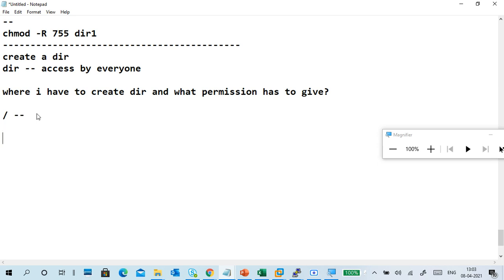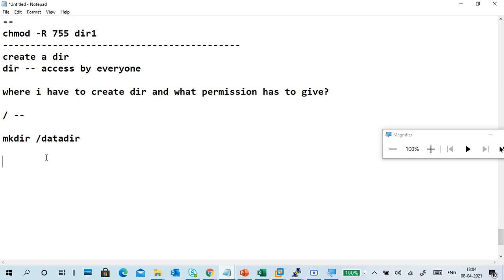Next, what permission should I give? Everyone should be able to access it. For example, I'm creating a directory under slash, called data, so mkdir /data, or data dir.